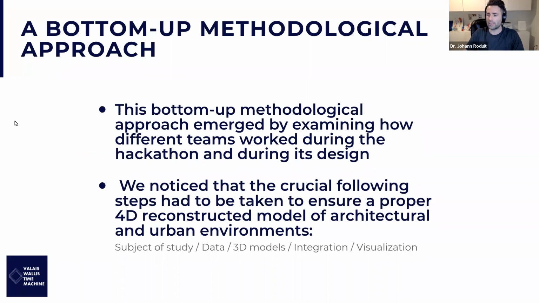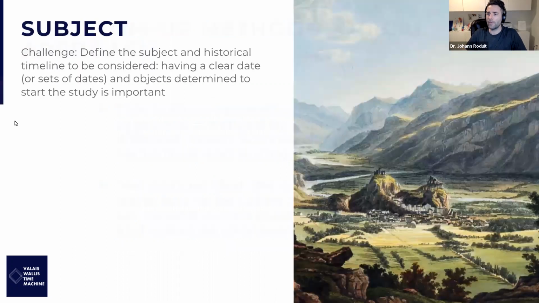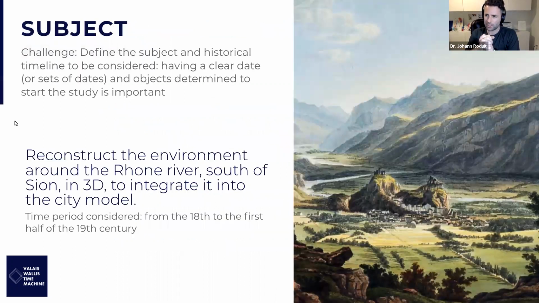And I will go through this, and it's to make sure we know the subject of the study, to ensure the quality of the data, to think of 3D models, integration, and visualization. And I will go through these 5 steps. So to the subject, we need to make sure to define the subject and its historical timeline to be considered. It's important to have a clear date or a set of dates so that we know exactly where the start